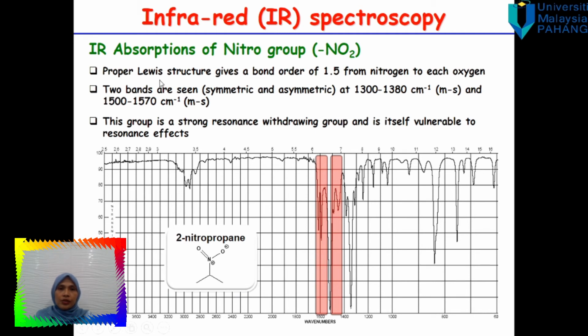Nitro group: two bands are seen, symmetric and asymmetric, at 1300 to 1380 and 1500 to 1570, medium or strong. This group is a strong resonance withdrawing group and is vulnerable to the resonance effect. Because of the resonance effect, they have this stretch of the band,